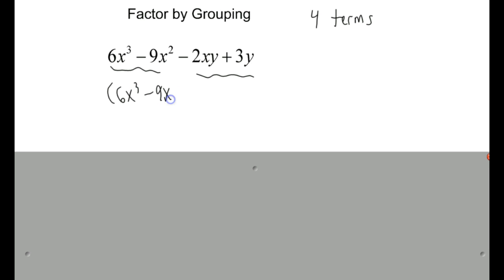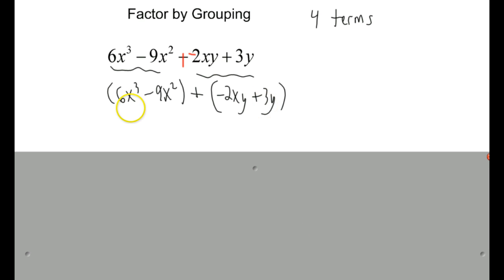minus 9x squared. You always want a plus sign in between the two parentheses here. That's where this gets a little tricky. Right now there's a minus sign in front of that term, not in front of 3y, but only that term. So if you think about it, you could just take that and move it down here, say that's negative 2xy plus 3y. Or sometimes what I'll do is I'll actually do this. I'll say plus a negative. And I kind of include the negative, attach it to that term, because that term is negative there, and then